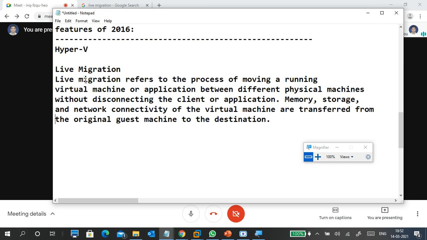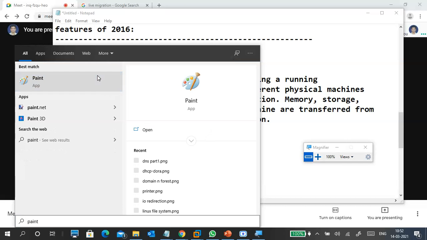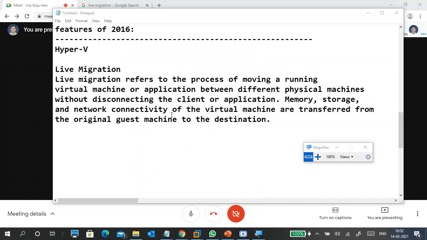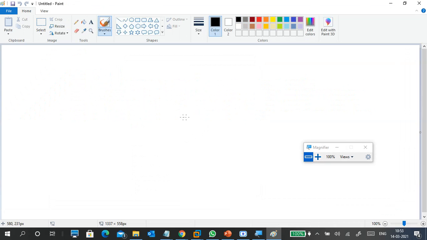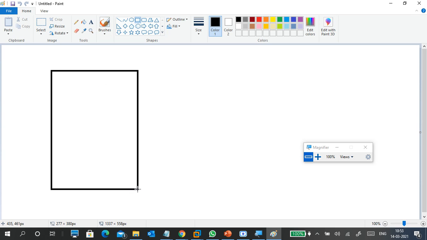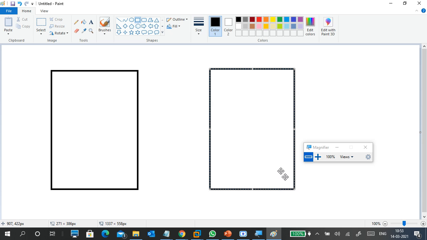Okay, so live migration means what? When you transfer, okay, better I will explain with the paintbrush. So this is my one Hyper-V machine. It contains Hyper-V. This is another Hyper-V machine.